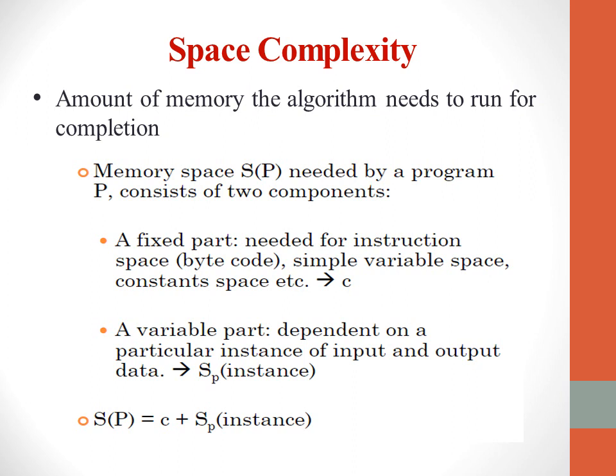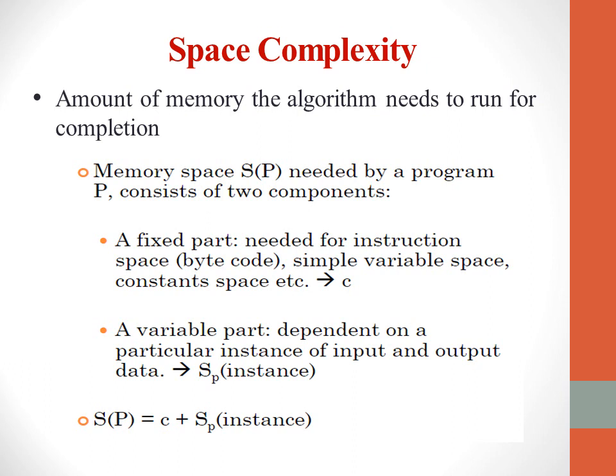So here, the space complexity, as we know, regarding space, we always say space means something in terms of memory will definitely be there. So for computers, it will be the amount of memory. So I can define space complexity as the amount of memory the algorithm or the program needs to run to completion. So the total memory space I am defining here as S of p, where that p value is divided into two parts. One is a fixed part and one is a variable part.